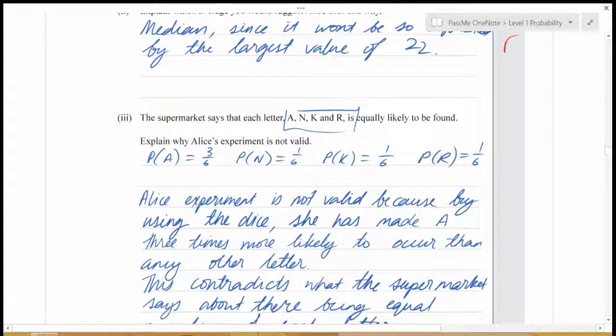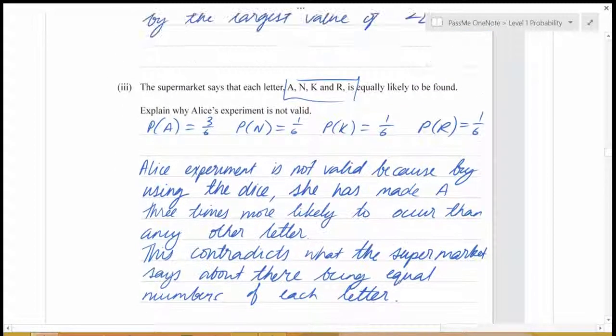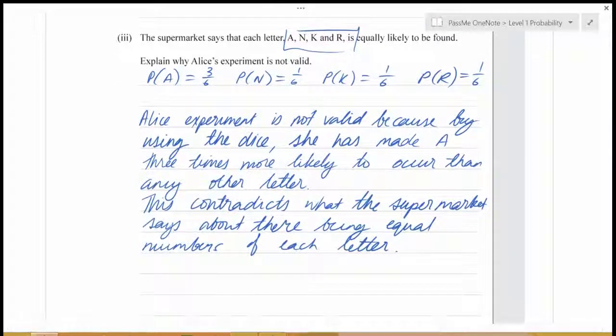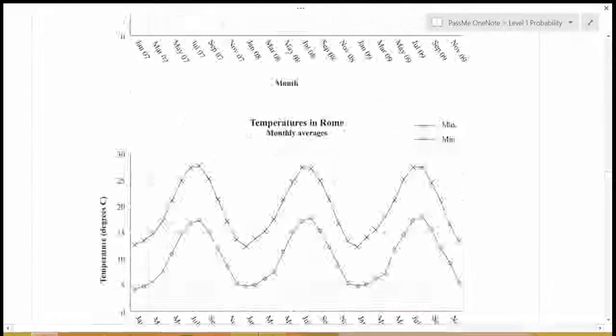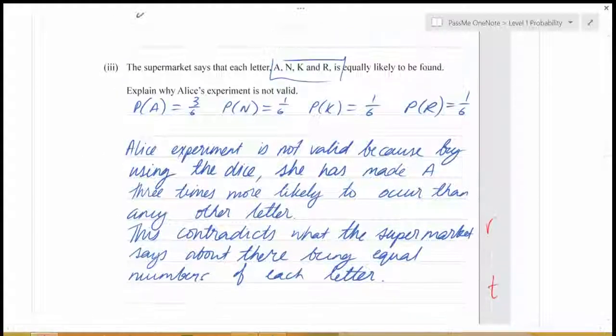And then finally talking about why the dice isn't a good option. If you explain that properly, you're really looking at excellence, but if you're sort of halfway there, you're looking at merit. Okay, alright, and that's question 2 for